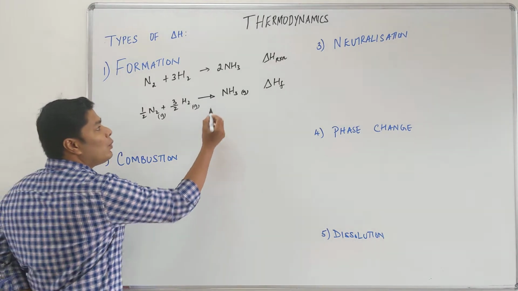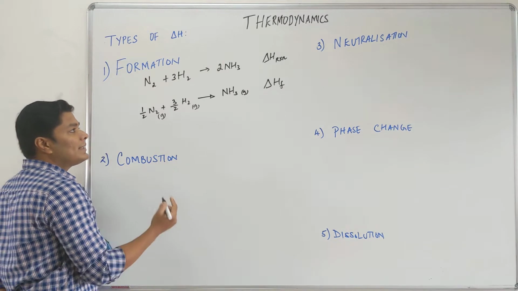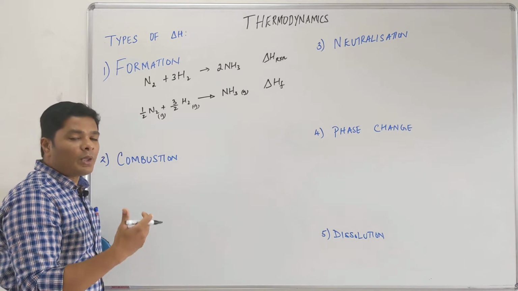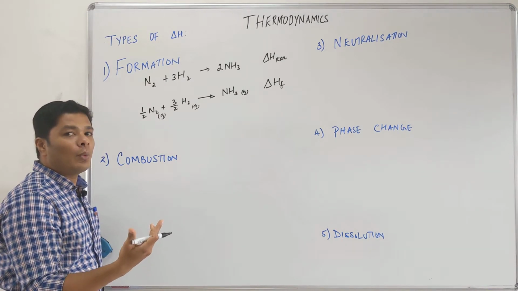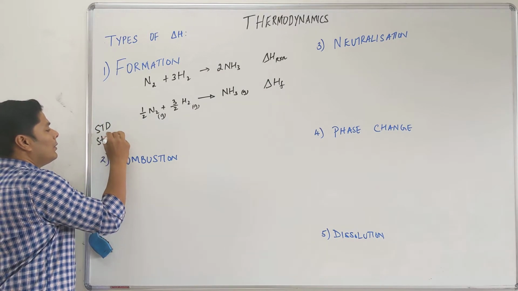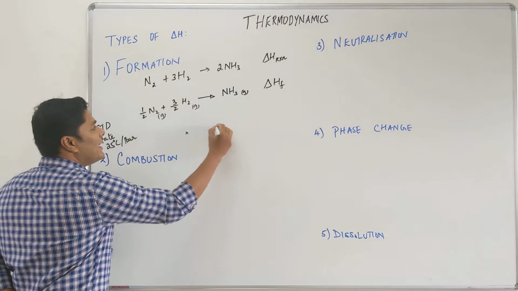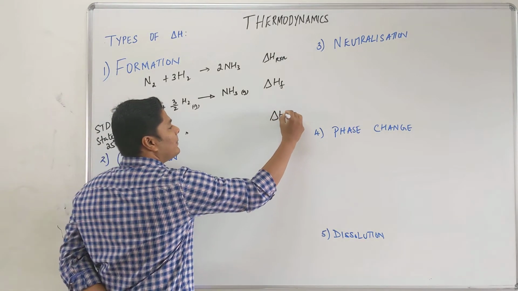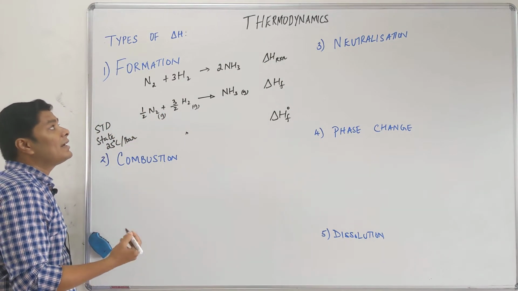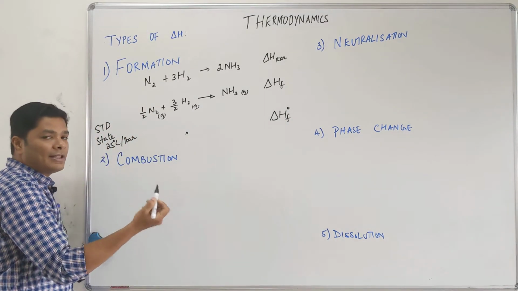Again, this has to be only 1 mole of what you want. The product has to be only one mole. Now we can go further and say, if I take these two in standard state, meaning 25 degrees Celsius, 298 Kelvin and 1 bar, the same reaction will give you enthalpy of formation at the standard state, also called standard enthalpy of formation. This knot stands for everything in the standard state.